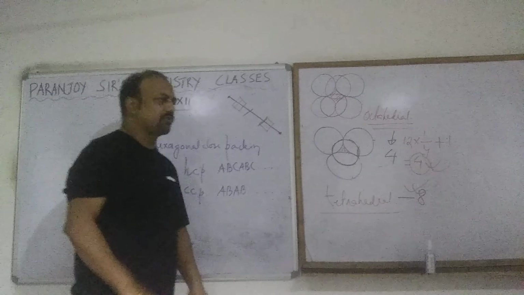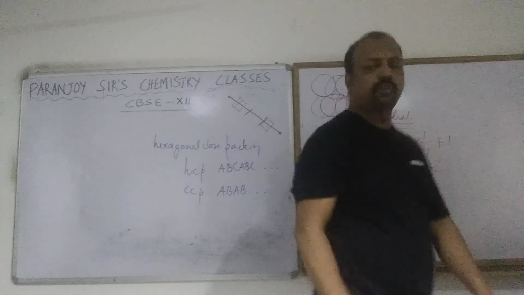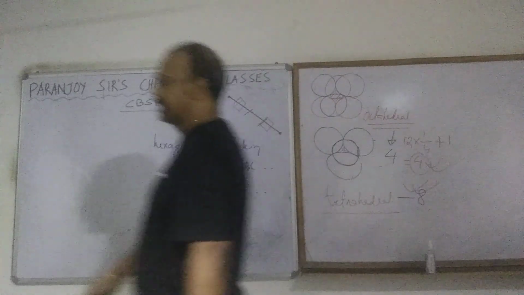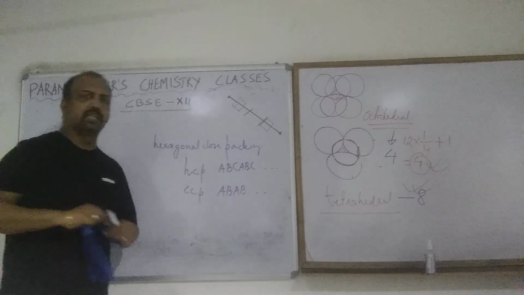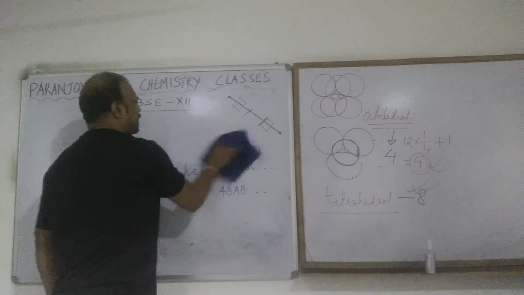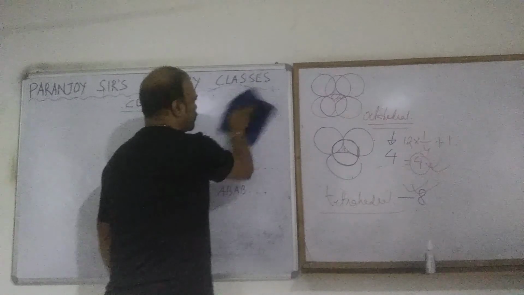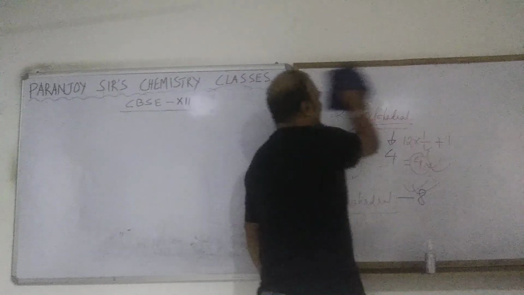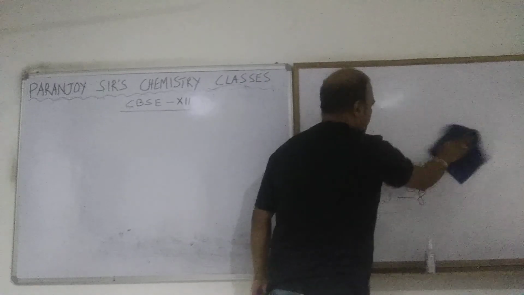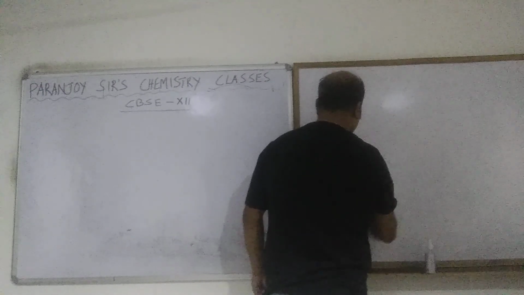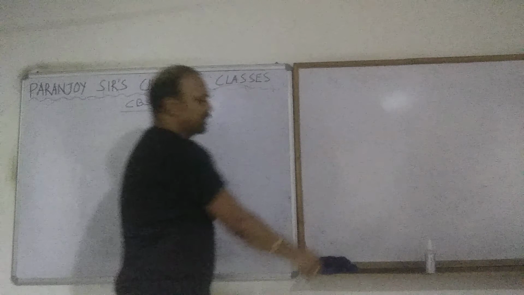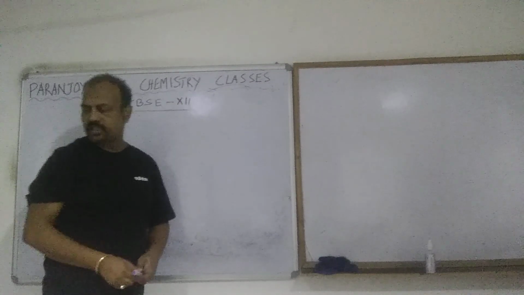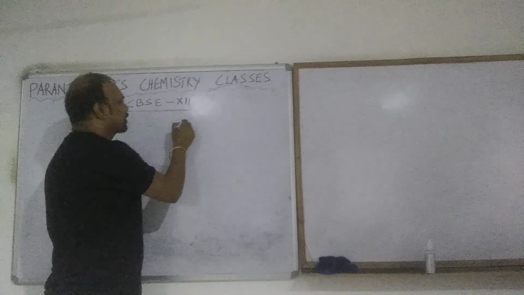Okay, so first we are going to do it for the simple cubic unit cell. I am going to do for 2 and you are going to do 1. That will be your homework. I am going to do for simple cubic unit cell and FCC, and you are going to do it for the BCC. Okay, 3 are there: simple cubic, FCC and BCC. First I am going to start with simple cubic.